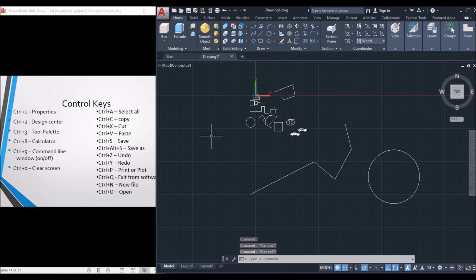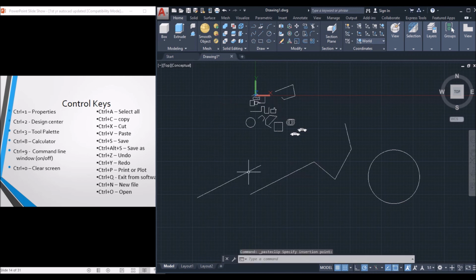Next, Control C, copy. If you want to copy one sketch to another, just select it and use the shortcut Control plus C. Control plus X is cut and paste. So Control plus C, it is copied. Now I need to paste it, so use the shortcut Control plus V. Next it is asking for the insertion point.